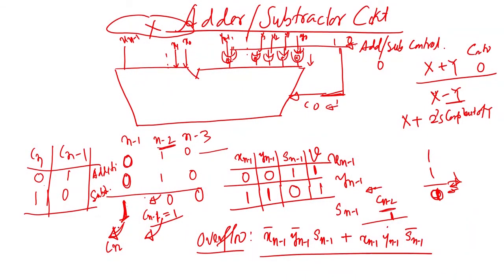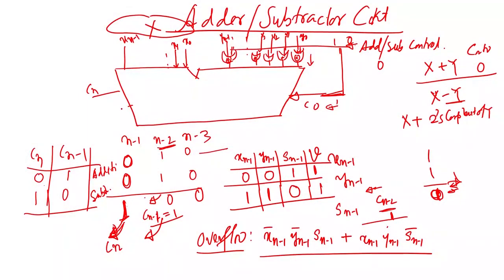You can take one example and verify it. That means, if there is a carry at the sign bit position and a carry at the previous position, we will check these two carries. If both are the same, there is no overflow or underflow. If both are different, then there is an overflow or underflow. So, you can add one circuit here, using C n and C n minus 1. This is the circuit you can write as another way to identify the overflow or underflow.